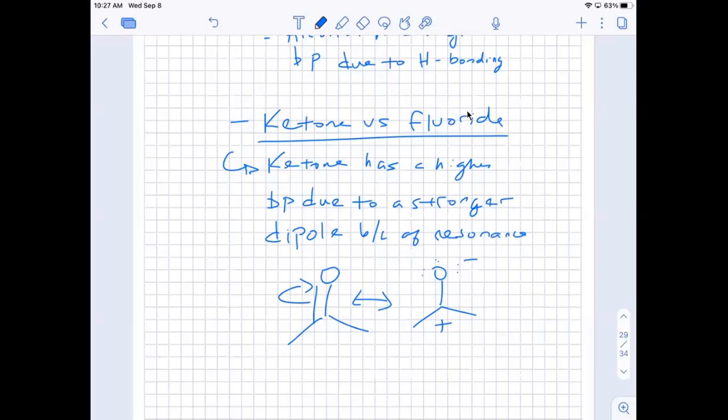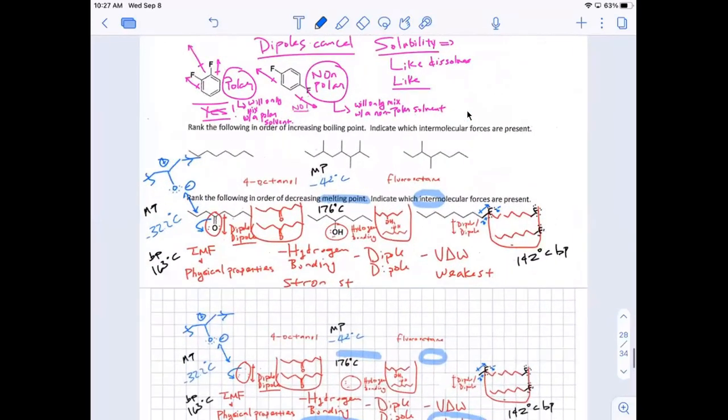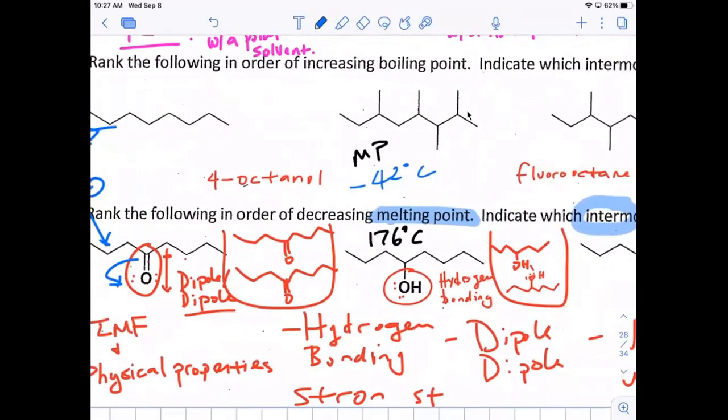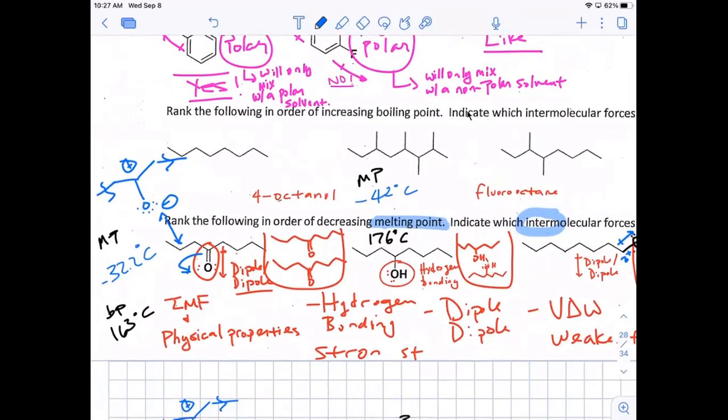So let's look at the next set of examples, because these are all van der Waals. Everything here is van der Waals. All these molecules are held together by van der Waals forces. Because again, van der Waals forces are present in all molecules. Doesn't matter what functional groups they have. But here, these are all alkanes. And let's go ahead and cut this. And I'll white out what we don't need.